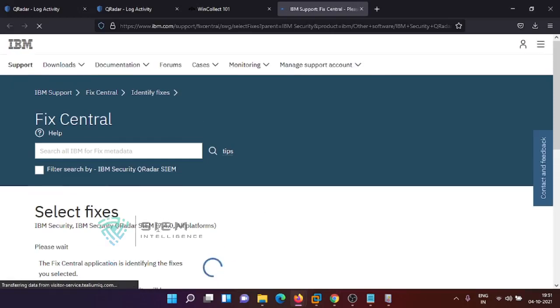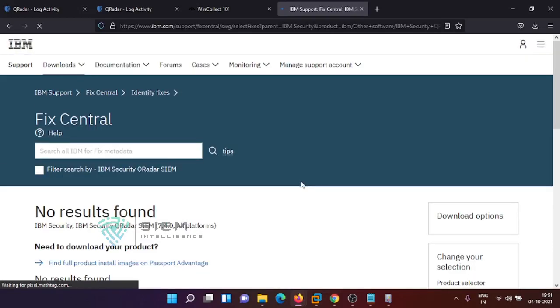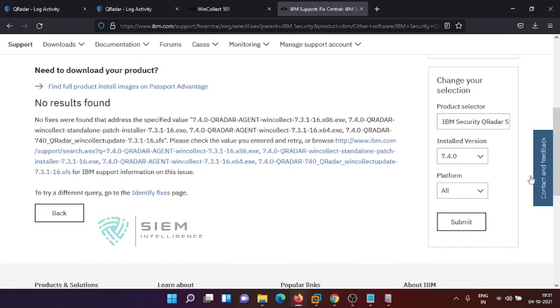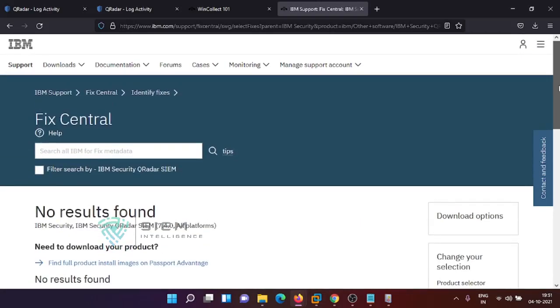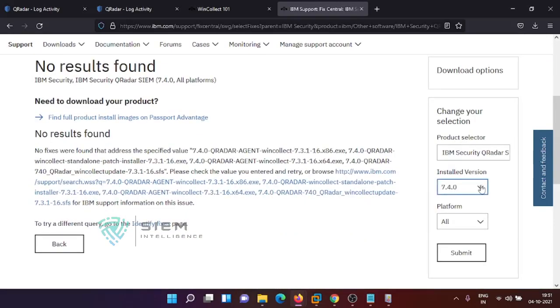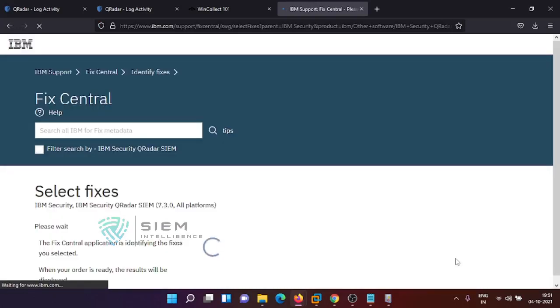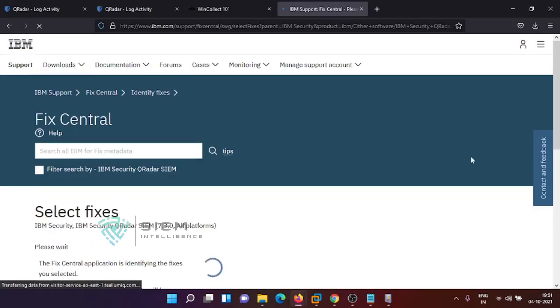Here it is showing 7.4.0 for all platforms. I'll show you. First select like this, and now change the version to 7.3.0. You change the version, and now we'll get the entire WinCollect list.